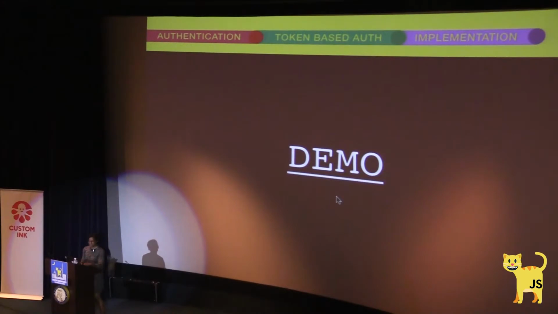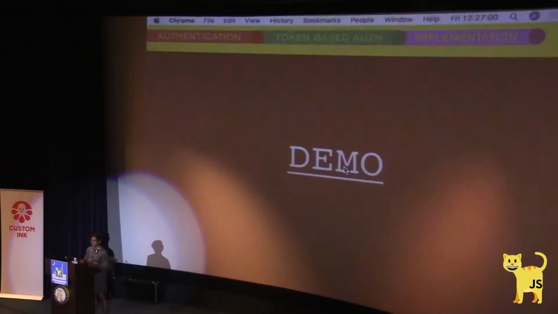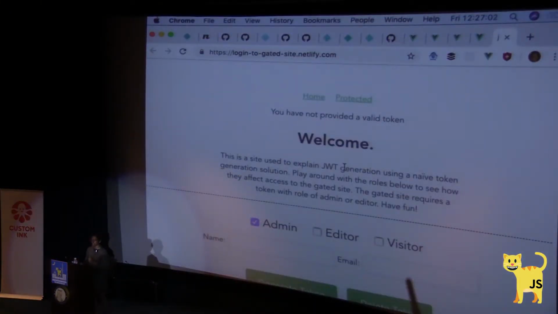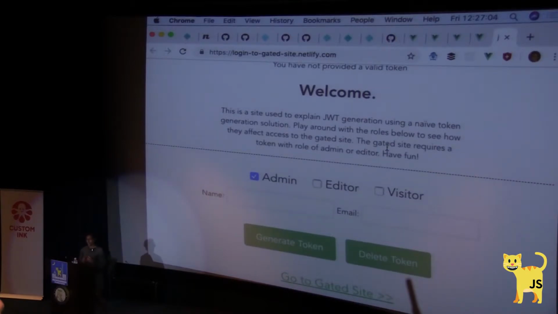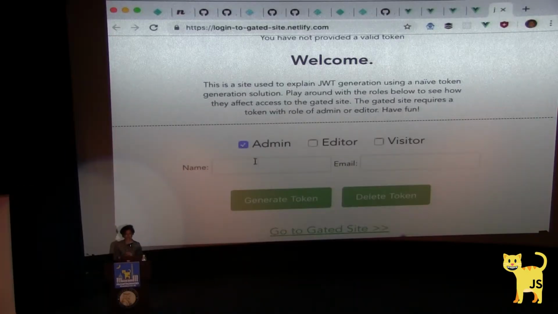And so I'm hoping this demo works. But I'm going to jump into a demo. Yes, it works. OK. And so I created a demo for creating JSON Web Tokens. It's a terrible idea. Do not do it ever because it's not secure. But this is created purely for demonstrative purposes. So all I'm doing is, there's no password. It's just a name. My name is Divya. My email is divya@netlify.com. Please don't send me spam.